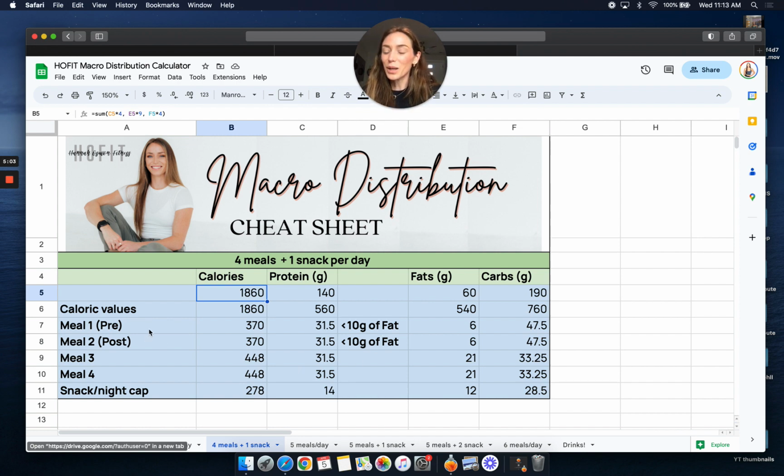So meal 1 and meal 2, if you are working out in the morning, would be pre-workout and post-workout. Those meals would be around 370 calories because they are, again, a little bit lower fat. Protein is pretty evenly distributed throughout here, and then a snack typically might be a little bit lower protein. Now, does it mean that you have to hit 31.5 grams of protein for every meal